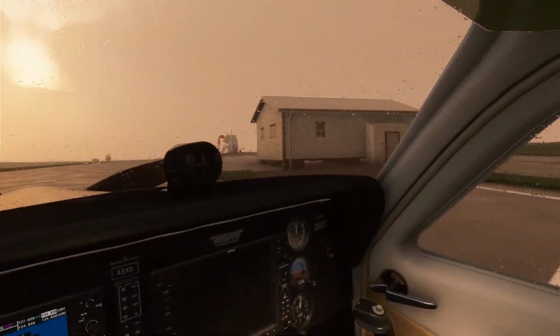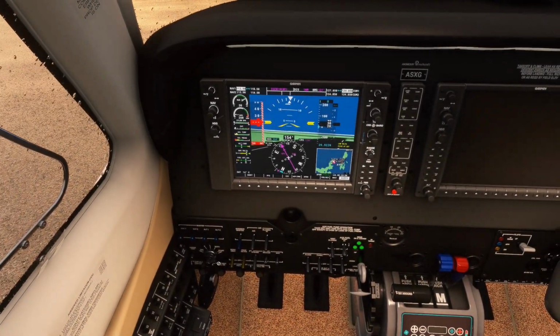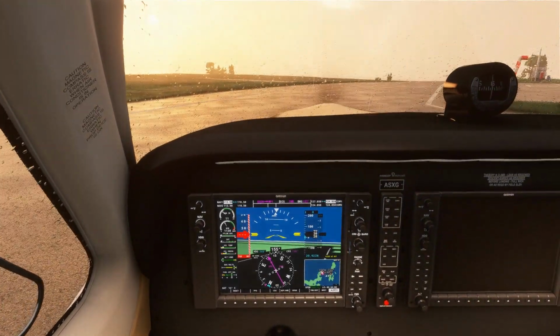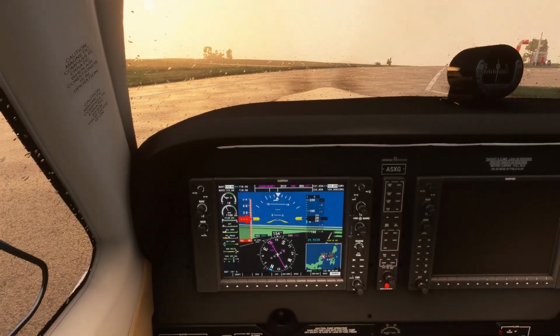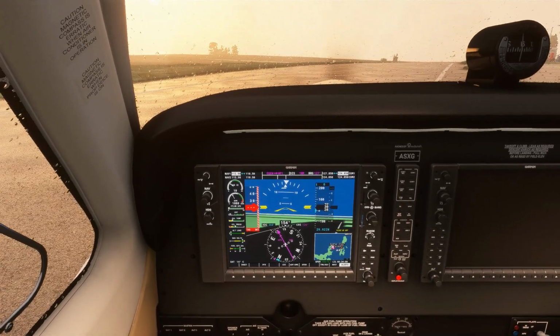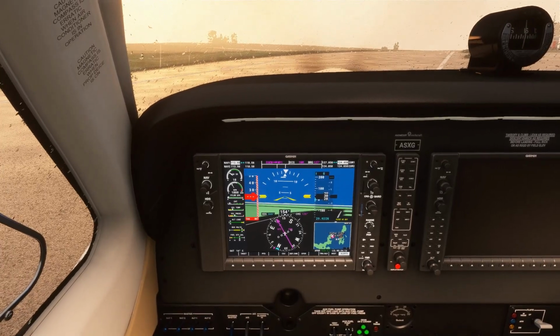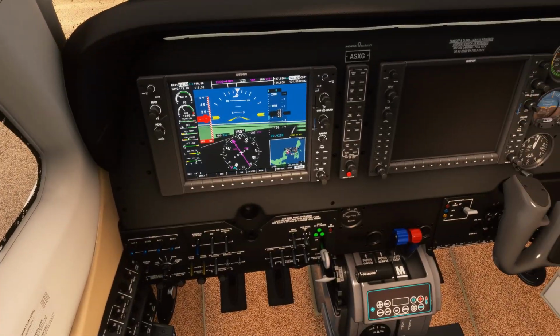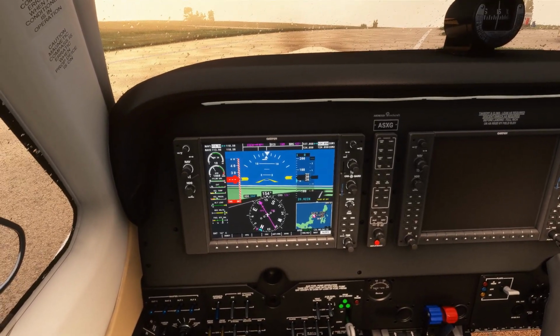Prop area is clear. Clear prop! And start. So we have a good start, we'll idle around 1000 RPM. Bus faults are checked, alternator load is checked, oil pressure is in the green, RPM is checked, mixture we'll leave in the rich position, annunciators we just have the pitot heat,